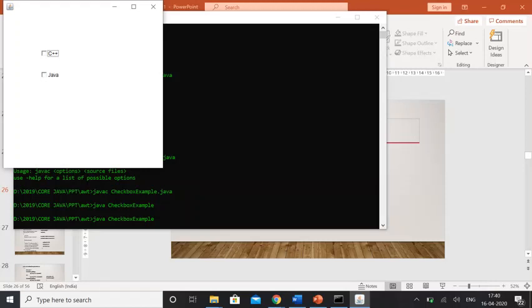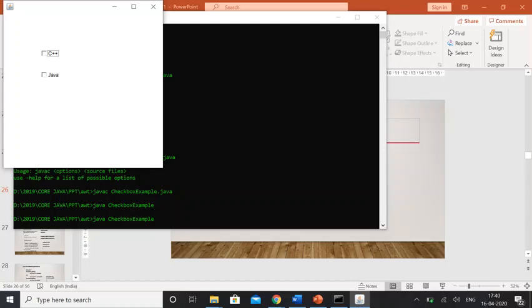So what can you see in this output? 2 checkboxes we have created. It's not radio button. So first 3 constructors, any of these 3 constructors we can use. In the beginning, by default nothing is selected, so the middle one we can use. Okay, label is there. So Checkbox(String str), that is the constructor we have used to create this checkbox. 2 checkboxes are there.